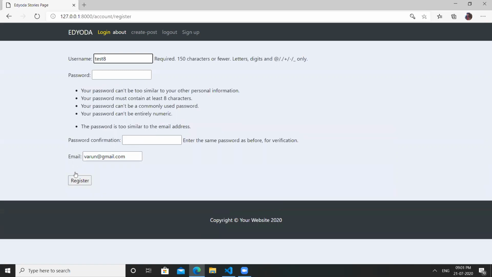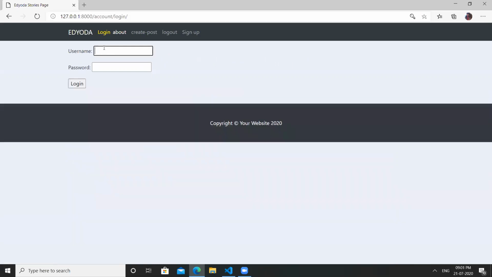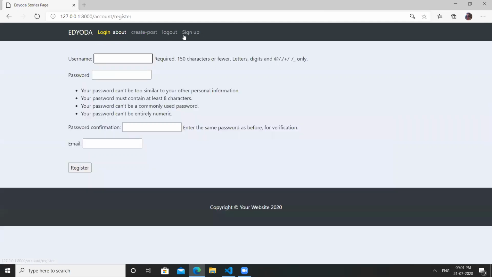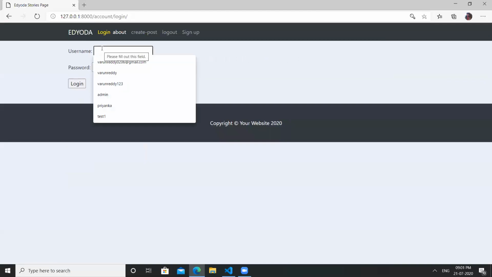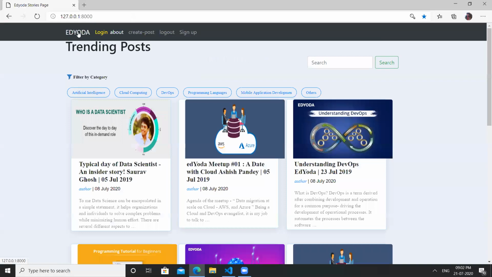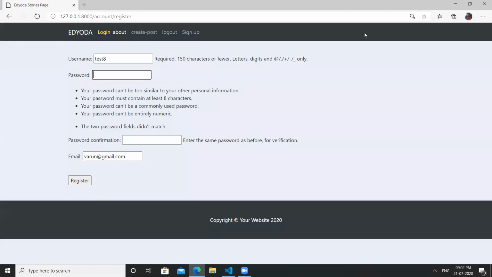I created my account, and I can log in now. Here it shows that the two password fields don't match, because I entered it in caps lock as a test case.